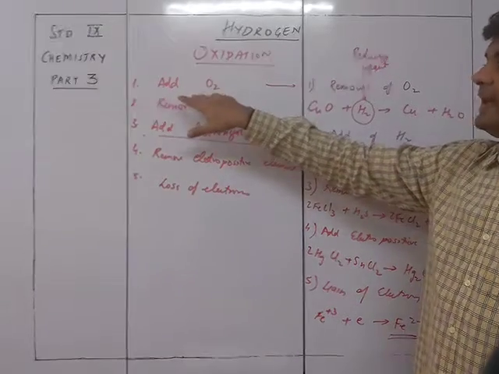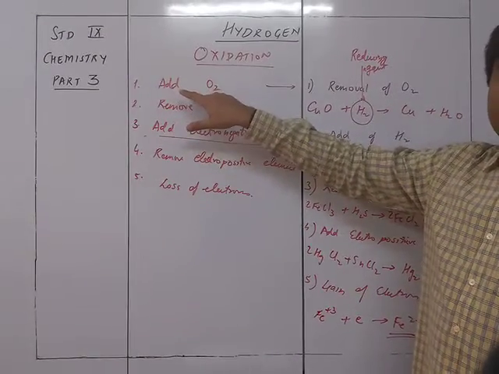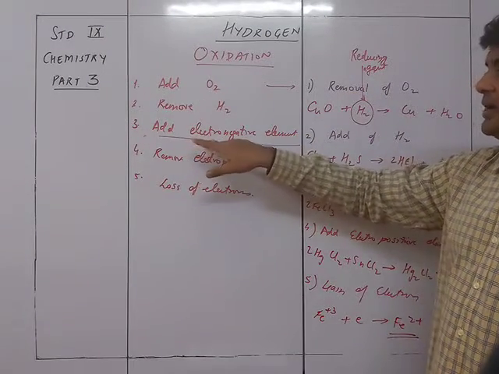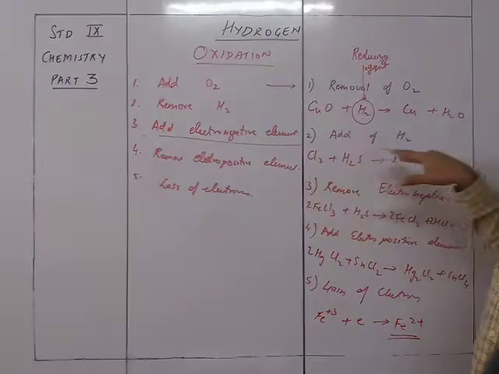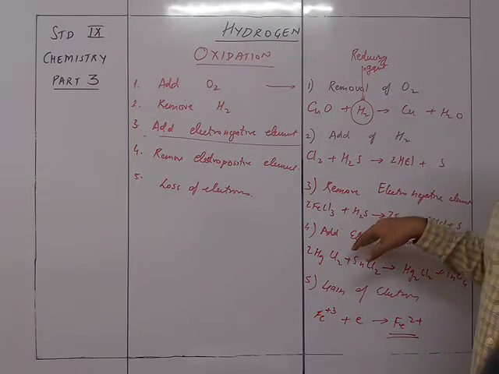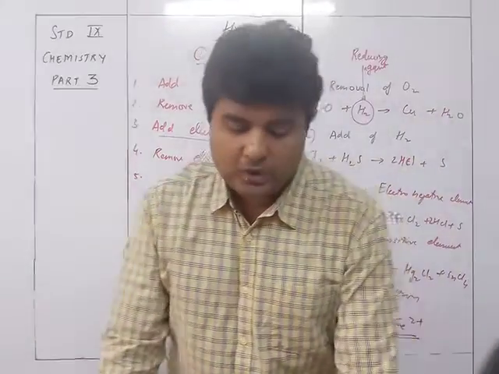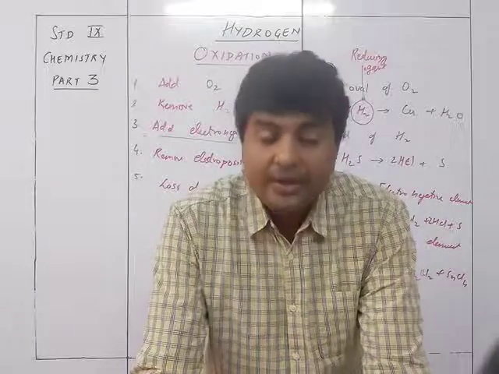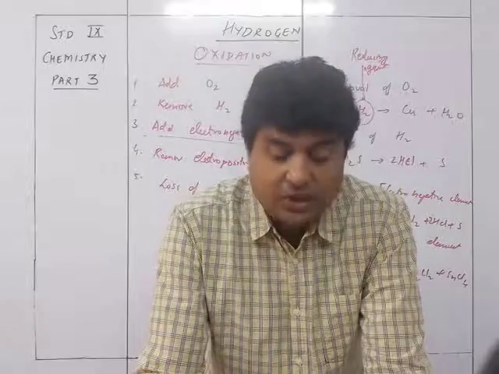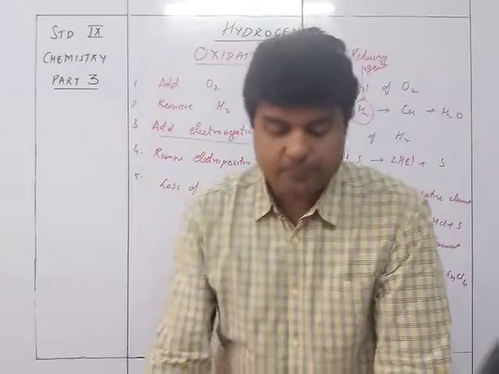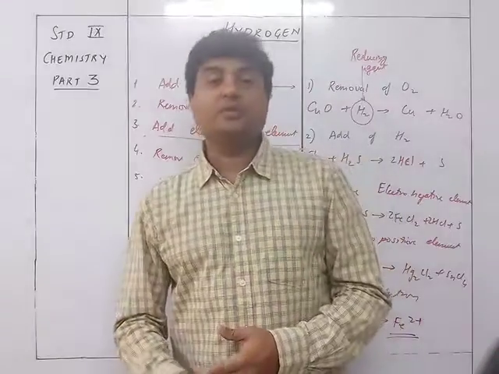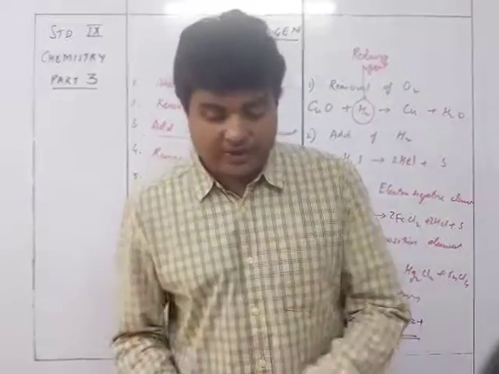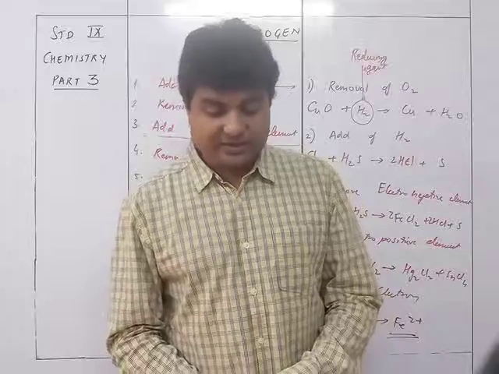If I say that oxidizing agent में oxygen is going to get removed, that means reduction is going to take place. If I say that in oxidizing agent the electronegative element is going to be removed, that is nothing but reduction. So that's why you see that oxidizing agent loses oxygen or electronegative element radical, gains hydrogen or electropositive radical, or accepts electrons. So that is oxidizing, whereas the reducing agent will be gaining oxygen or electronegative element radical, loses hydrogen or electropositive radical, and donates electrons.